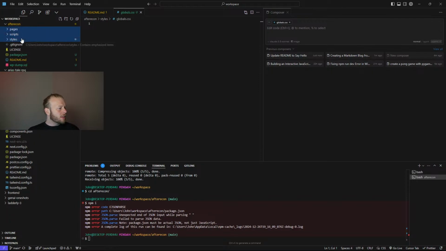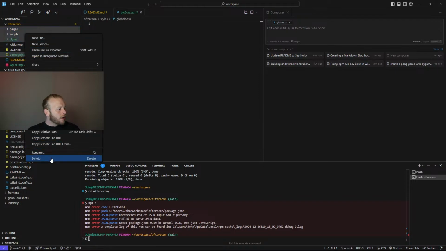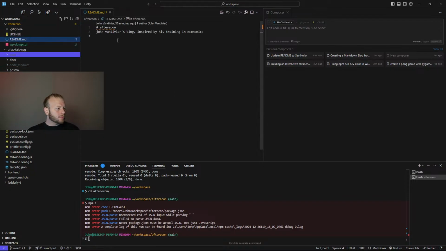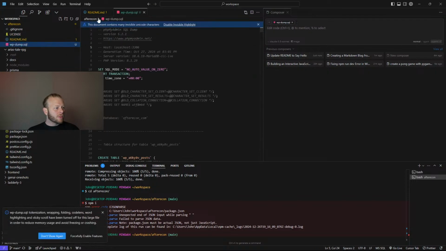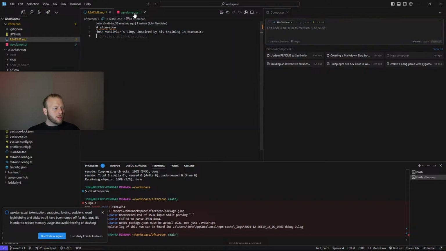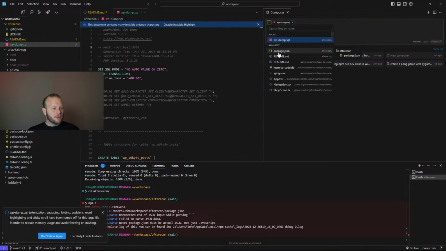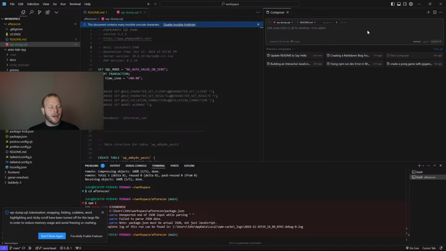Let me delete these things. I want it to be aware of both the... There we go. Okay, now it knows about the SQL file and the README.